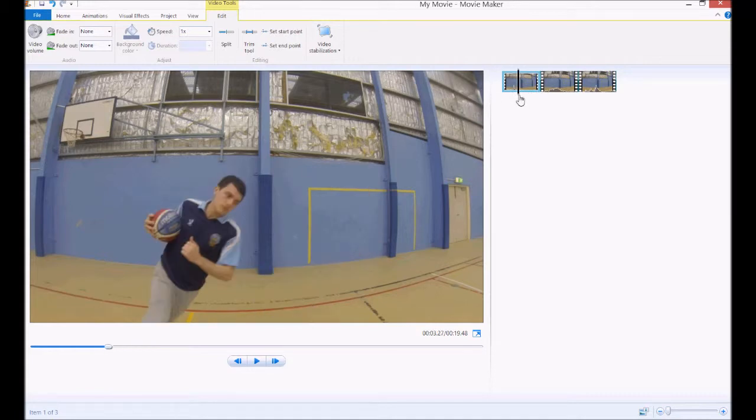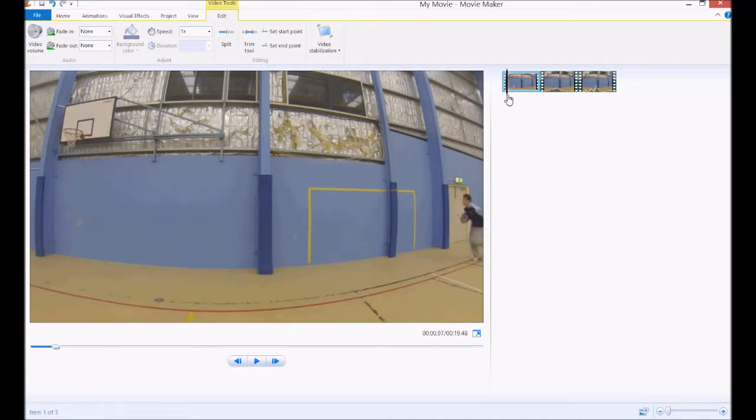Okay, it's pretty easy. So to start with, we're going to trim this at the peak of this jump. So if we go back here, about there, we're going to trim. Maybe we'll give it a little bit more. We're going to say split, and what we're going to do is delete this back section. Okay, so it's just going to go straight up into nothing, and it'll just disappear at the top of that